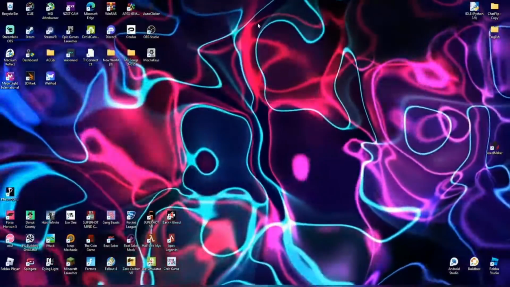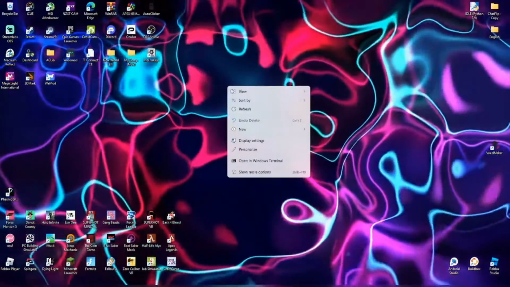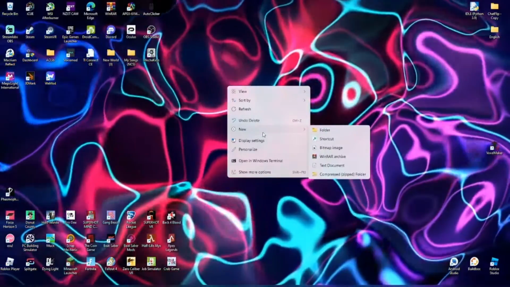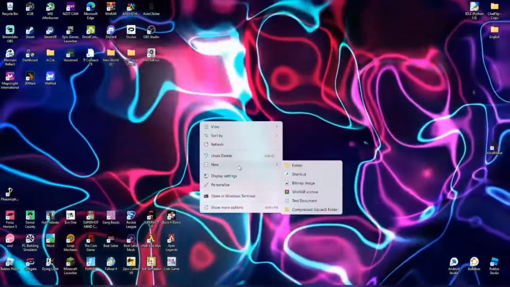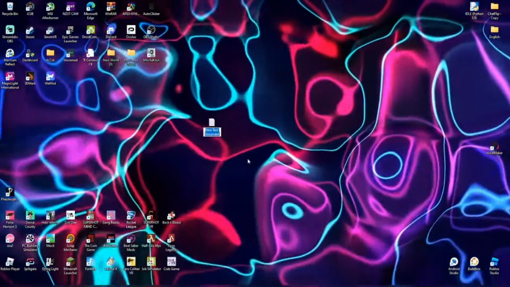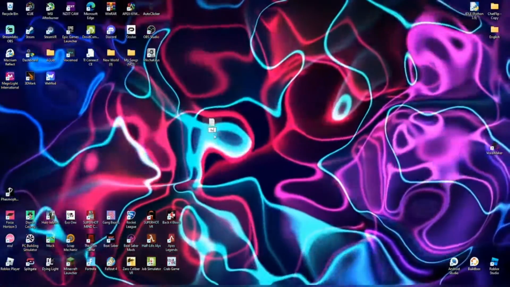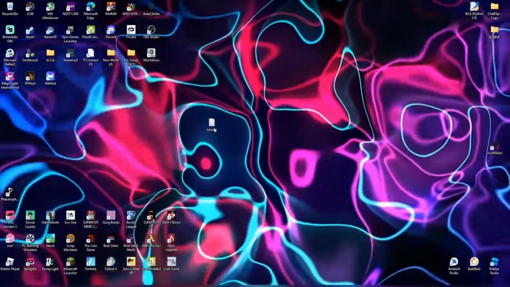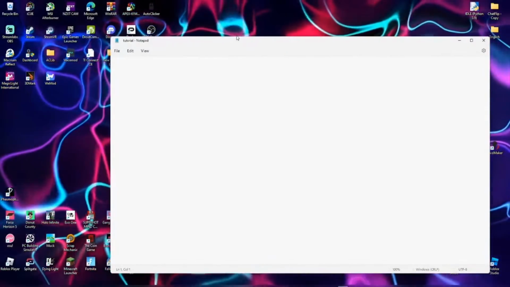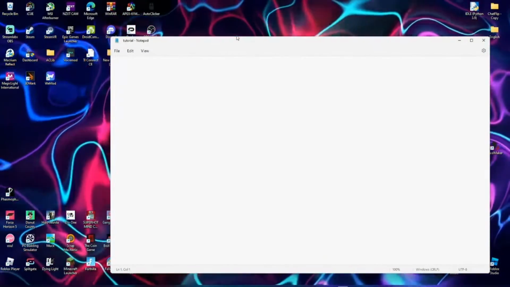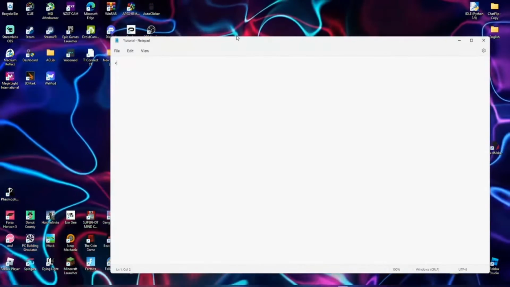Now that you know sort of what HTML is, you're going to want to right click on your desktop, hover over New, and click Text Document. Rename it to whatever you want. I'm just going to rename it Tutorial. All right, go ahead and open it up. Now, as you can see from the image that I showed you earlier, we're just going to do that one example. So we're going to type P,